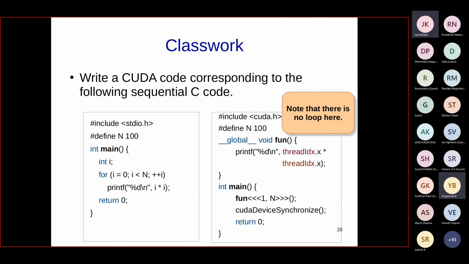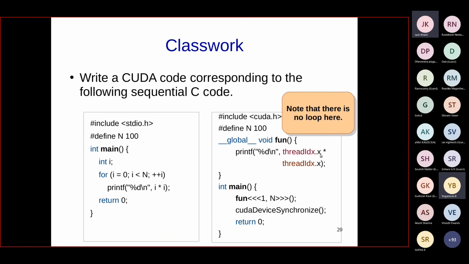So this is one of the better ways in which we can do it. We can launch the kernel with n threads, where n is the number till which we want to print the squares. And inside this kernel, we need something to identify a thread. So this statement, threadIdx.x, will give the ID of a particular thread. So let's say we are executing this kernel with n threads, then the first thread, when it sees this threadIdx.x,